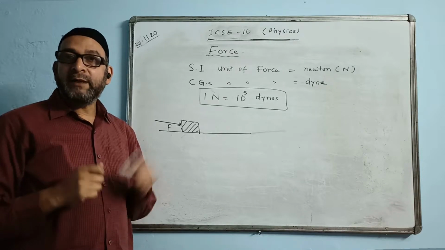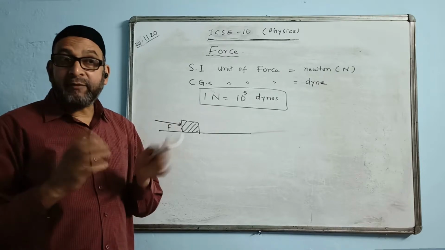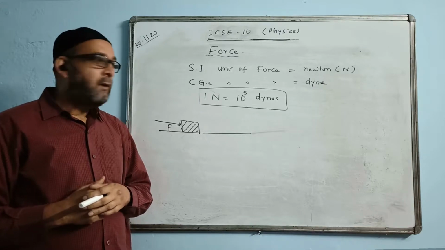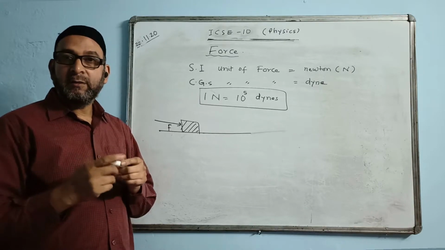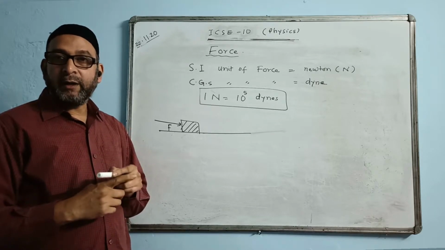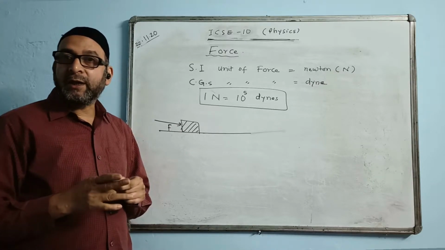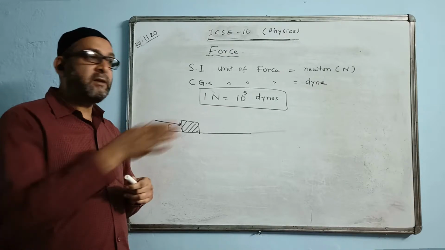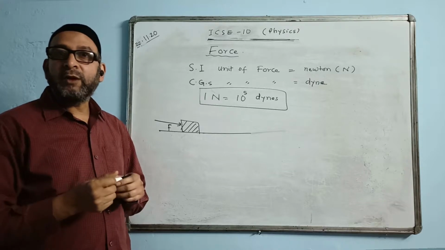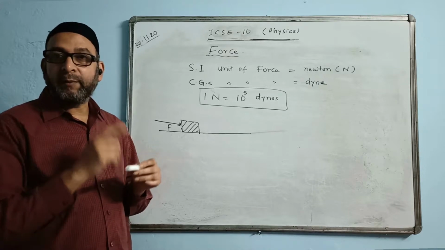When does the body have this kind of motion? When the body is unhinged or unpivoted, then the body will have translational motion. But when the body is hinged, pivoted at a particular point, and you apply a force, then the body will not be moving in a straight line. A straight line motion will not be there. So what kind of motion will be there? The body will start turning about the particular point. That can happen.